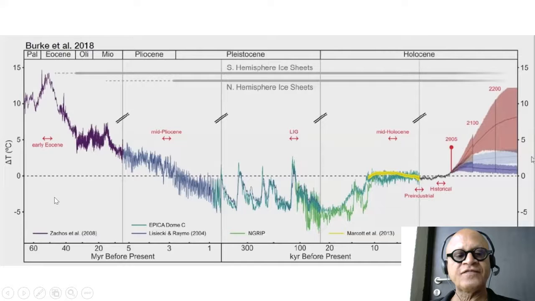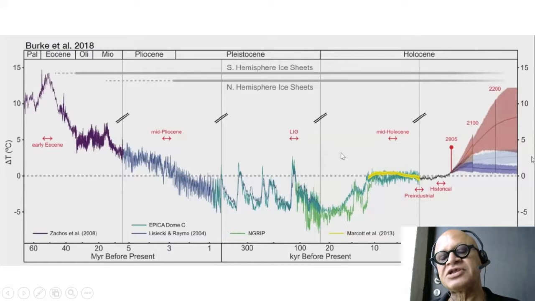Obviously, you have to be careful of the scale here. The x-axis has a non-linear scale, so you have to be careful. Nonetheless, we had looked at this part of the very warm Paleocene, Eocene, with the Paleocene-Eocene thermal maximum. So there were southern hemisphere ice sheets here, northern hemisphere ice sheets over this whole period, and now we are putting some doubts on whether they will survive or not by the time we reach the next coming century and the next century.